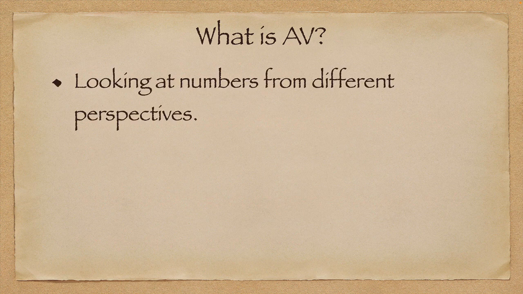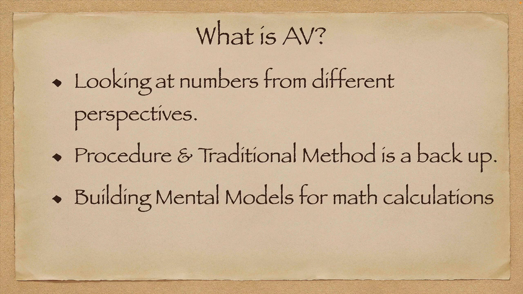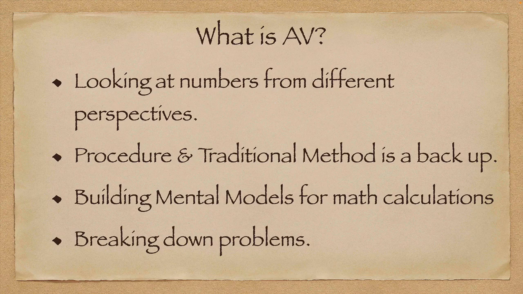So what is AV? Looking at numbers from different perspectives is arithmetic versatility. Procedures and traditional methods are just a backup. Building mental models for mathematical calculation is very much part of the versatility with respect to arithmetic calculation. For example, to find the timeline of Akbar's rule, we used a number line. That's a mental model. We broke the problem into three parts, right? From 1556 to 1560 is part 1, 1560 to 1600 is part 2, and 1600 to 1605 is part 3, and therefore breaking it down and combining it back helped us get the answer much